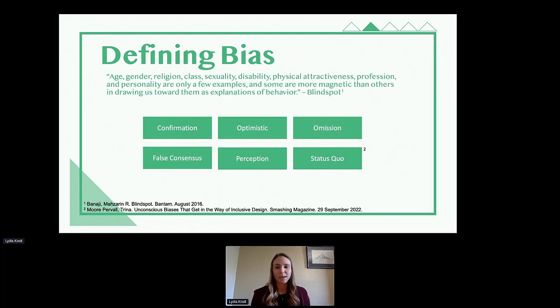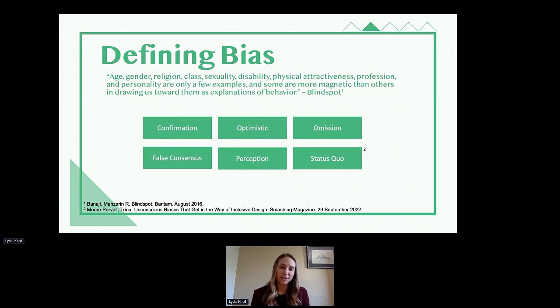And then omission bias happens when we believe that by not taking an action, it's better than taking an intentionally harmful action. And while that might seem intuitive or true in most cases, it actually is not always the case. And omission bias is largely a reason for the societal oppressions that we see in our culture today, because people and the systemic barriers that we have are omitting or not able to take action, or not taking an action to change something. And therefore, we continue to fall into the same systems that we have of harm to other